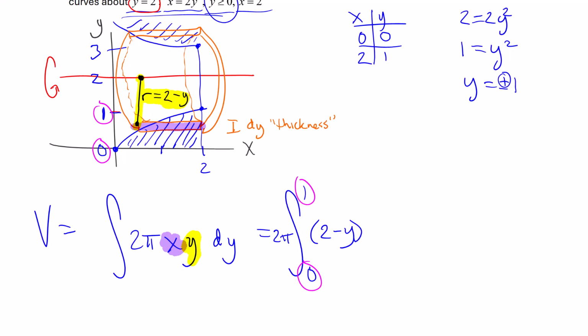Now let me highlight that in the same color. 2 minus y, again, because you're rotating from the line y equals 2, so take away the y value of our curve, and that's where the radius is at any of those places. So 2 minus y